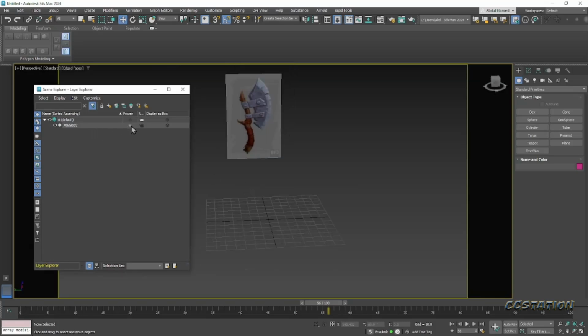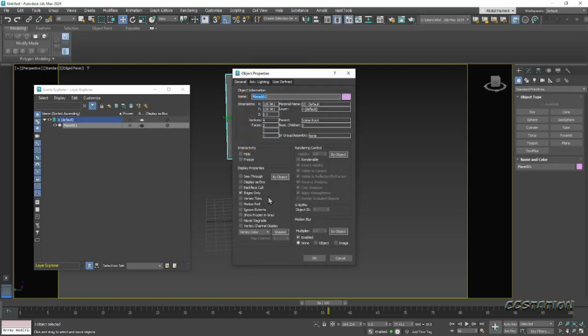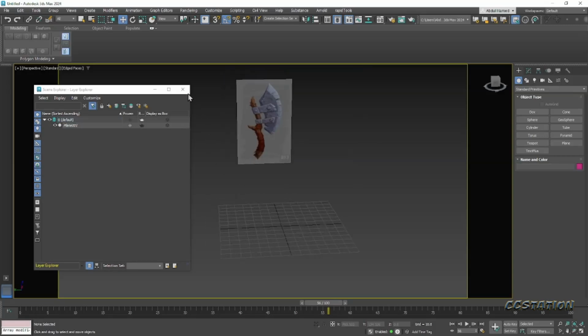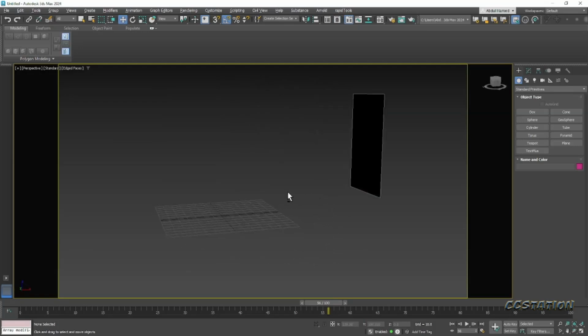We could also do that from the object itself. We select the object, let's unfreeze it, select the object, right click and click on object properties and click freeze right here, and make sure that frozen in gray is off, and then press OK. And right now we have a reference image that we can reference at all time,